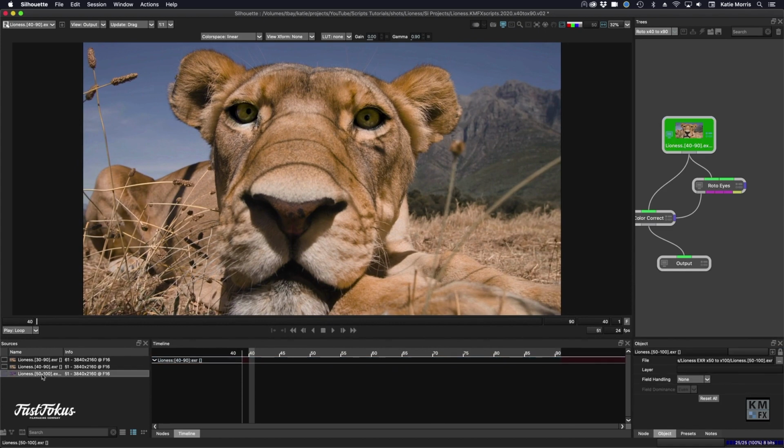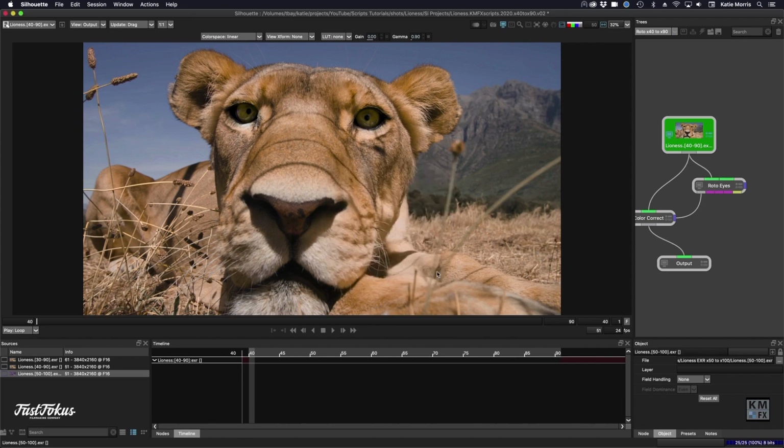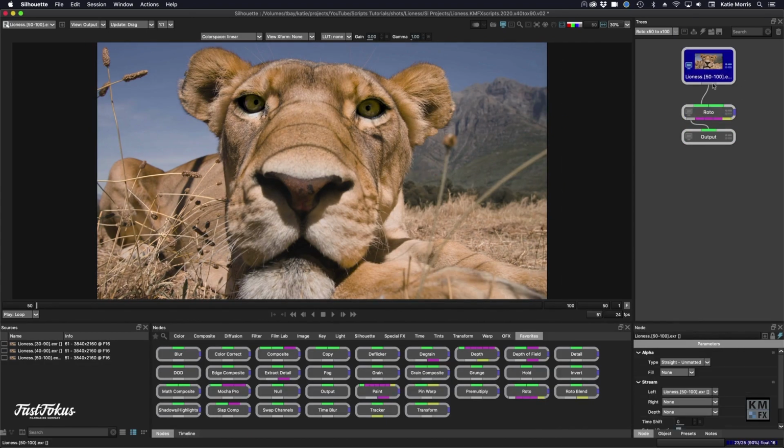Again, I'm going to create a new session. I'm going to call this roto 50 to 100 and check that all my parameters are correct, 51 frames, and the start frame is 50. Click OK, and here I am in my new session. Again, I'm going to change the fill to transparent, and then I'm going to go back to the original session here,